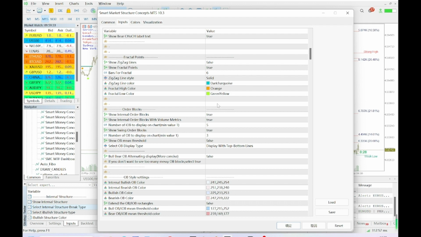Zigzag connects this high and low point, giving traders a clearer perspective on price fluctuations and avoiding starting from smaller cycle fluctuations. The first setting item is used to turn on and off the display of zigzag. The second setting item is to turn on and off the display of fractal points. And the third setting item is to